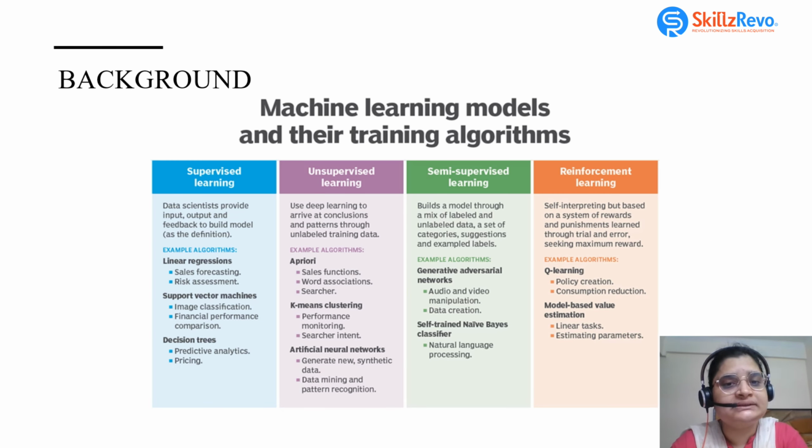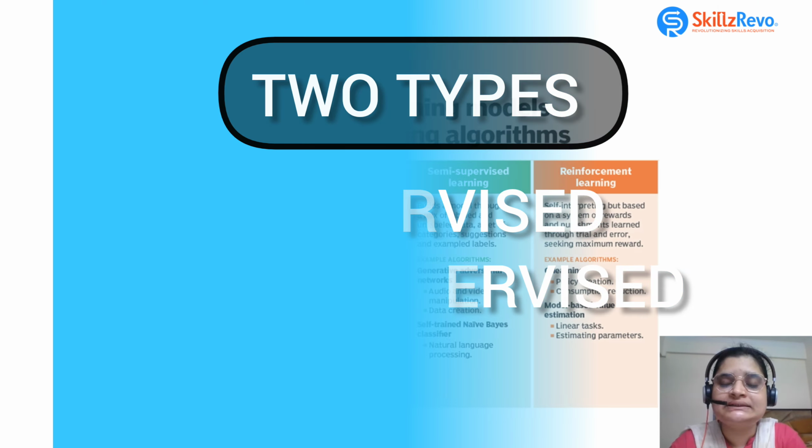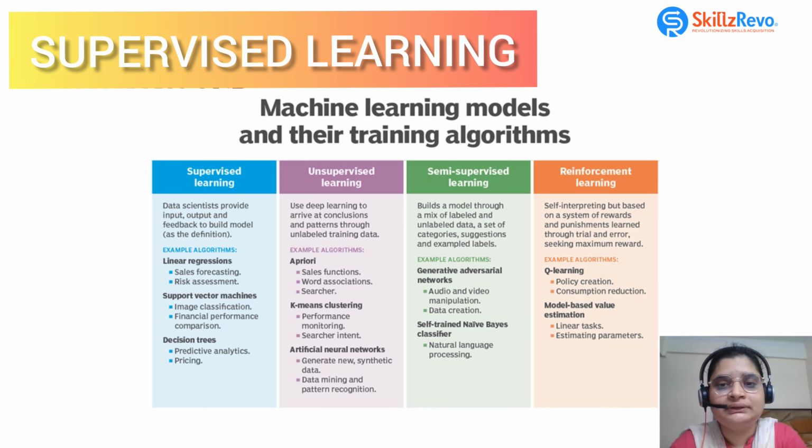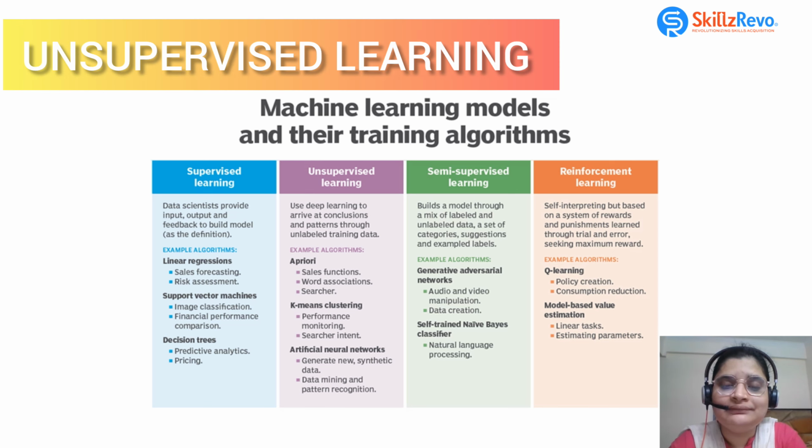Machine learning in its early days was basically of two types, supervised and unsupervised. In supervised learning, the data is labeled. That means for every observation, we know what would be the target value. The model is trained to make predictions based on labeled data. On the other hand, unsupervised learning is based on data where labels are not present. The model tries to identify patterns and structures within the data.